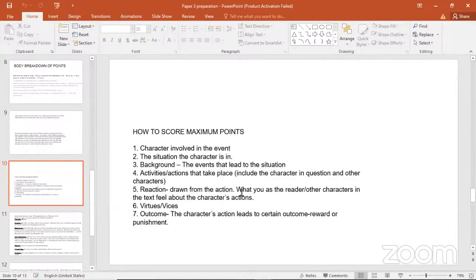So remember what we said, that every action has a reaction. So at the end of the day, what is happening? Was it a virtue? Then you mention the reward. Was it a vice? Then you mention the punishment. And that is how your paragraph should be basically broken down. Now, this breakdown